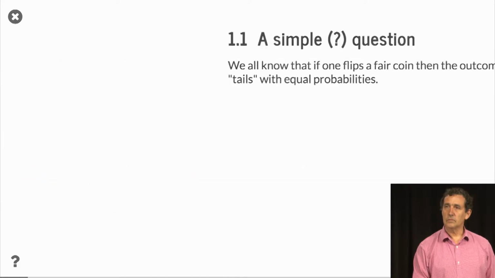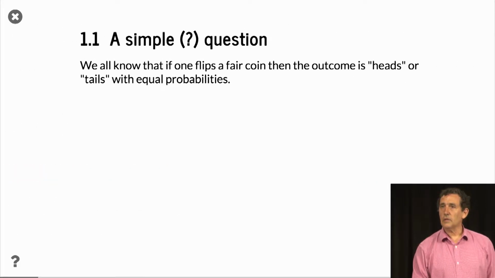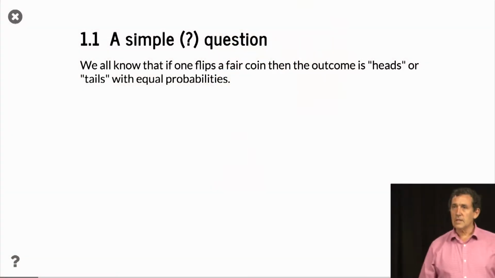So let's think about a simple question. We flip a coin and we get tails. We flip it again, we get heads. What we believe somehow is that the probabilities are equal. But what do we really mean by that? Does it mean that we'll exactly get the same number of heads and tails? No. It just means that